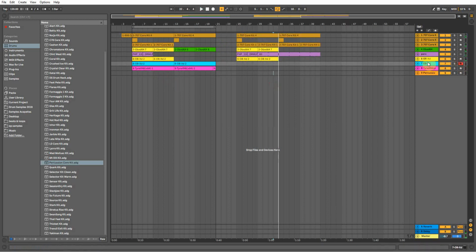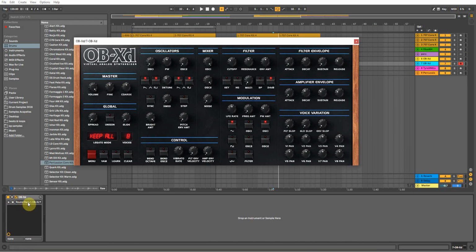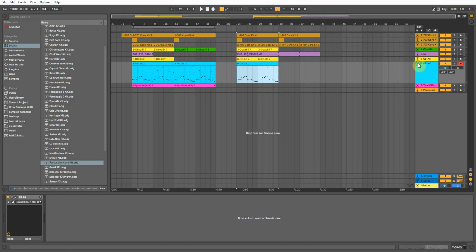Next up then is the bass line, and the same synthesizer is the OBXD again, and it's the round bass 1, and all I've done is just turn down the cutoff a little bit on this, and it's just that classic synth. Okay, and the bass pattern on this one I've got, let's have a look here, look,